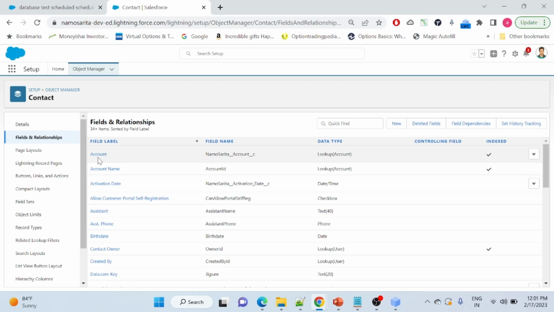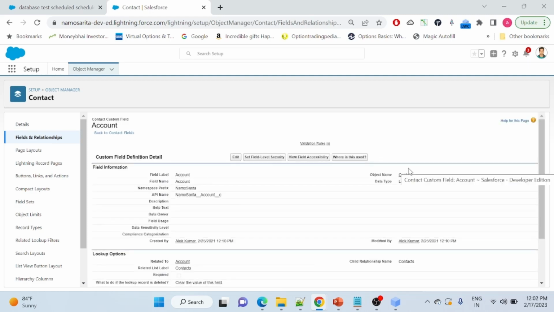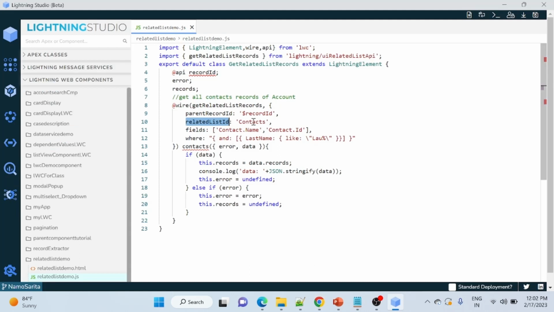So in our case, it is accounts. Now, if you click on the accounts, it will show you some details. And there is something called child relationship name, this particular field. So this child relationship name, whatever value you have here, like contacts here, this value will come into